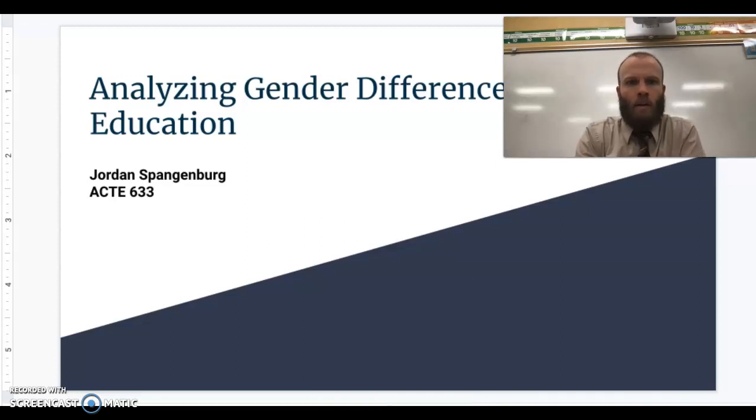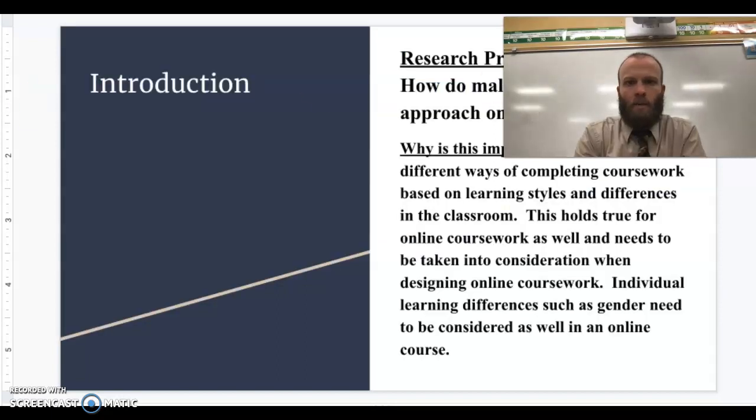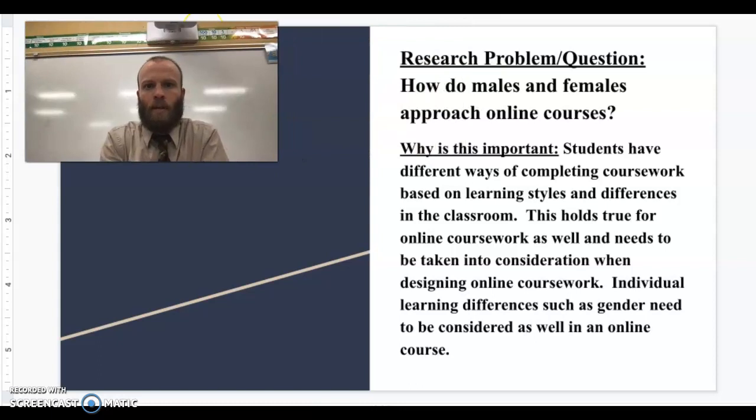For my research paper, I did gender differences as my online learning difference, and I used this research article to help look at how males and females respond to different things as we post them online. So first of all, the main question the author looked at was, how do males and females approach online courses? And the reason I felt this is important is we know in our face-to-face classroom, students have different